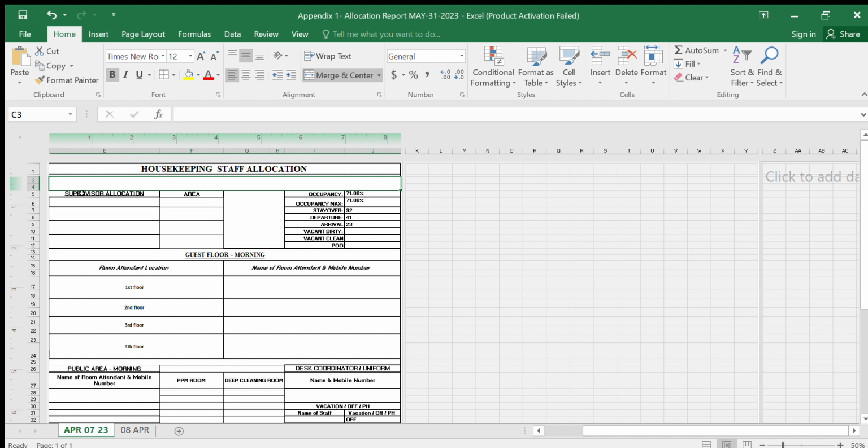First of all, just mention supervisor allocation, these areas, and supervisor name and mobile number and areas. Here you can see occupancy. You can put here how is occupancy, just like this. Occupancy maximum, stay over, departure rooms, arrival rooms, vacant ready rooms, vacant clean rooms, PO rooms,